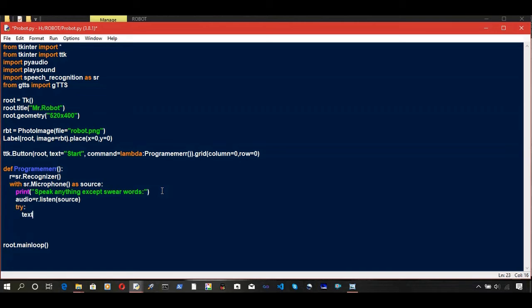Now I'm gonna write some code which can throw an exception, so I'm gonna write it in a try except block. text equals r.recognize_google(audio). So here is the line of code where our audio is gonna be converted into text, and now we're gonna print it.